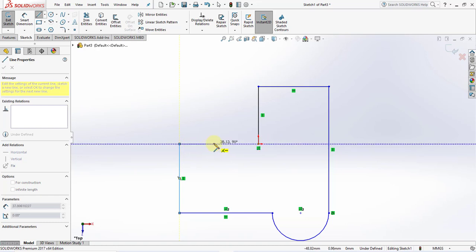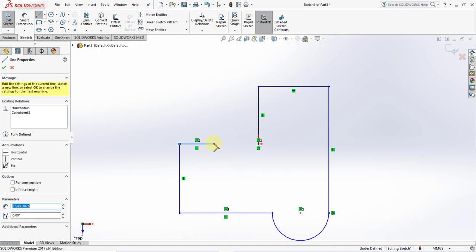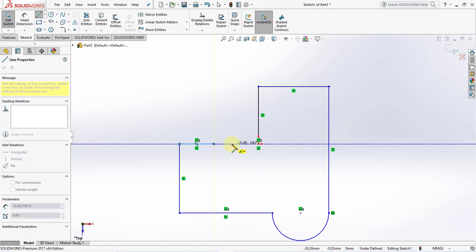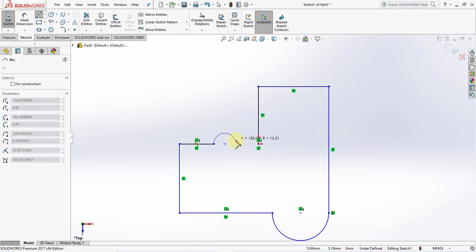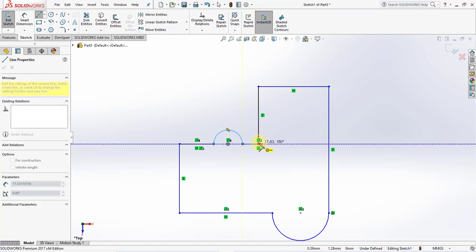And also I can click here, and if I need a circle here, I will just go ahead a little bit and come back again, and now it will create a circle. Okay, and now I will finish my line command here.